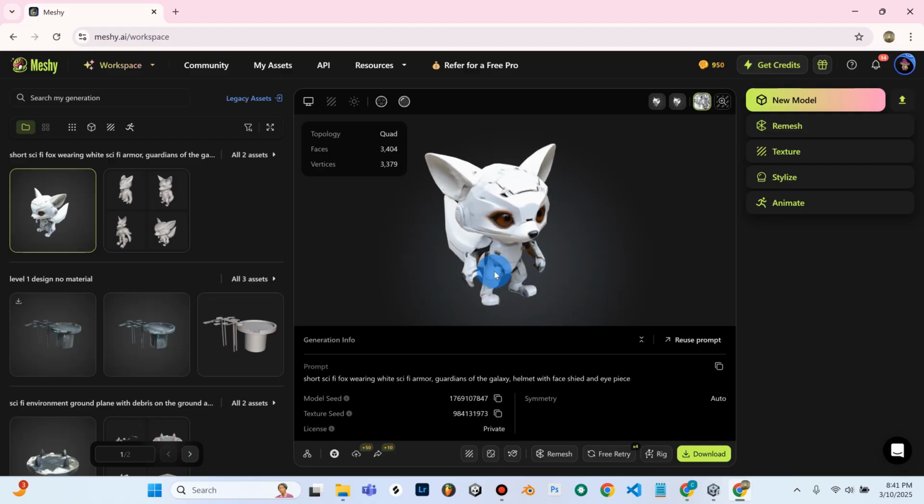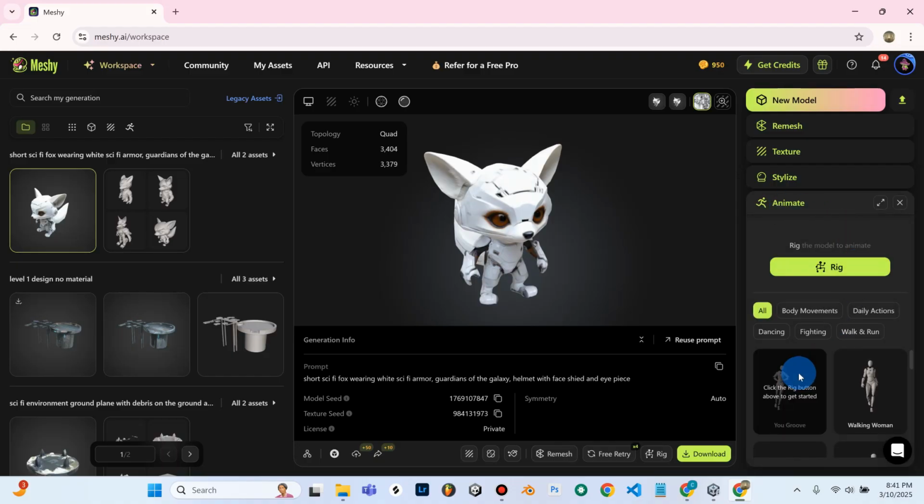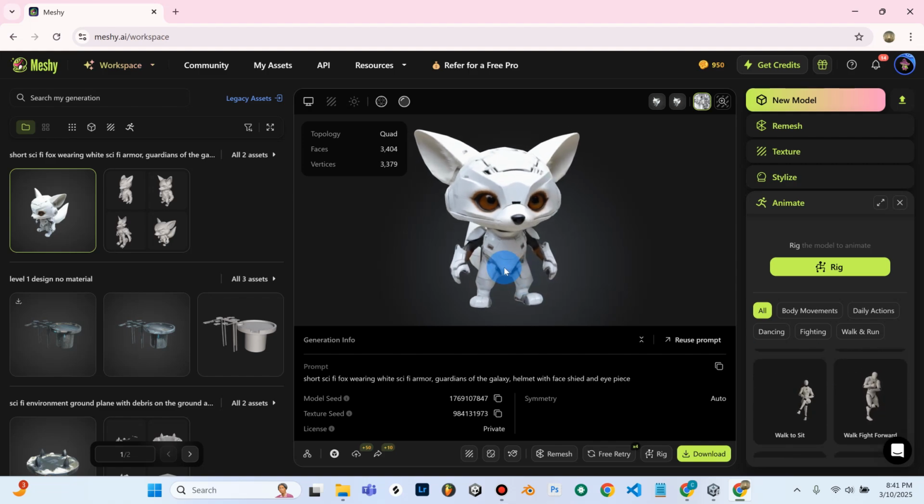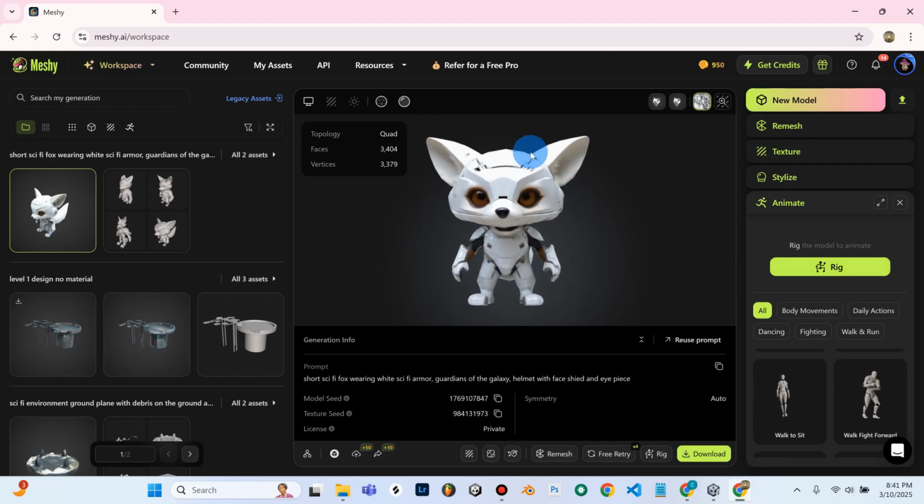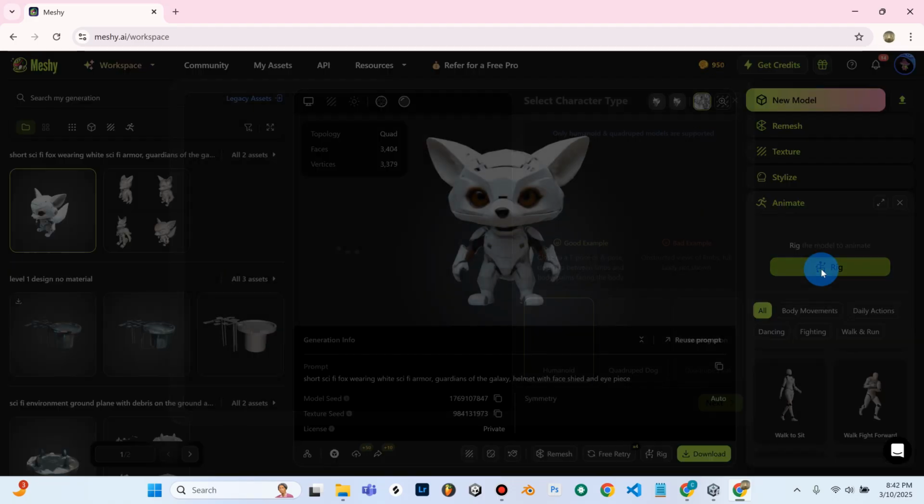So guys, MeshyAI takes it a step further. We can go ahead and we can click animate, and you can see that there's all these different options to choose from down here, all kinds of different animations. I'm assuming these are motion capture. They look pretty realistic, but we can actually use MeshyAI to rig our model that it's generated for us. So I'm going to go ahead and click rig,